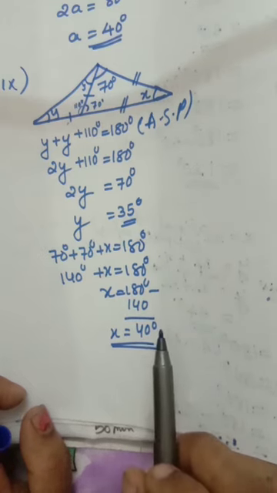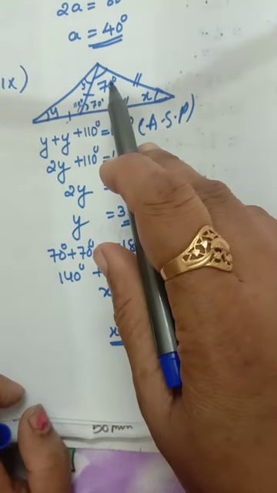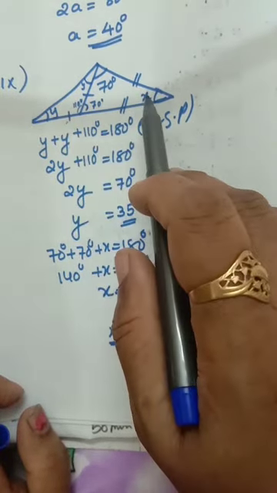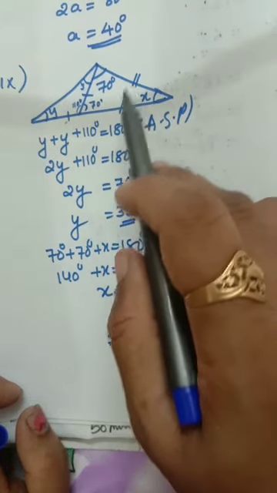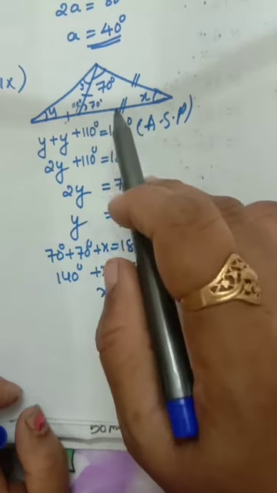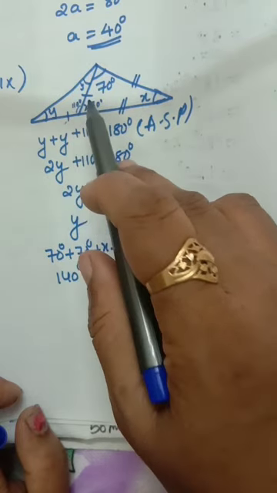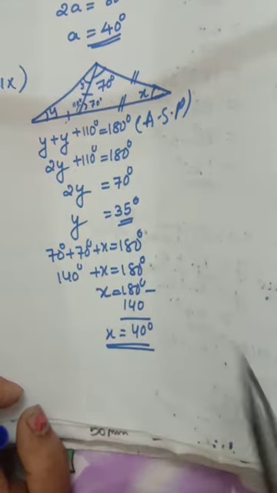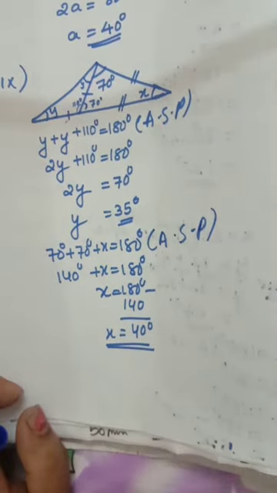Okay, understood or not? Given here 70 degree in the question, here Y given, here X given, here Y, then here also Y, here X, then here also X, Y. See, these two equal sides, opposite angles, here 70, here 70 again, so here also 70. Okay, here Y given, here also Y, because opposite angles. Then angle sum property, use it, you will get the answer.